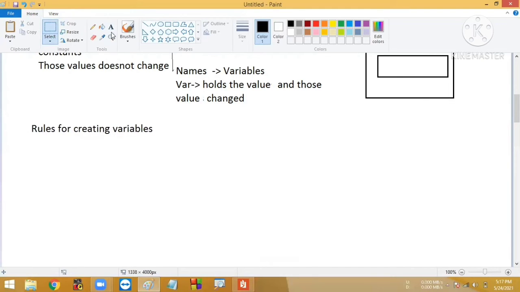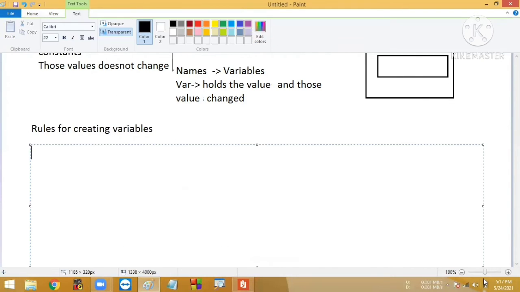Variables should always start with an alphabet or an underscore. In the case of alphabet, it can be uppercase or lowercase, capital letters or small letters.